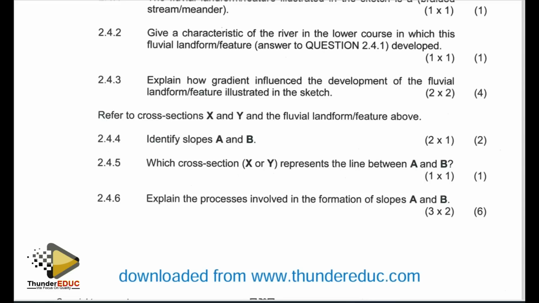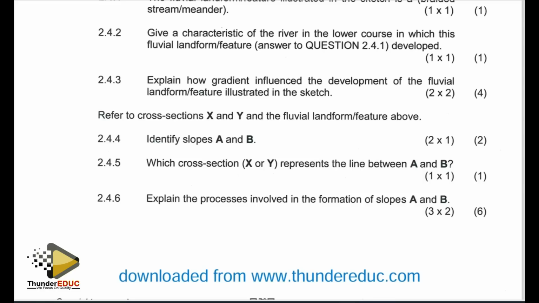And at the end, those processes are going to go further and further, and the meander will migrate, the outer part of the meander will migrate, creating a pronounced meander or creating a pronounced bend. Cycles of erosion on the outer bend will continue, and the material that is eroded there will be deposited on the other side. And at the end, you tend to find that the river will create a pronounced bend because of that process.